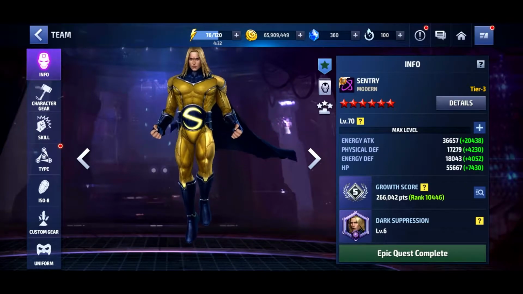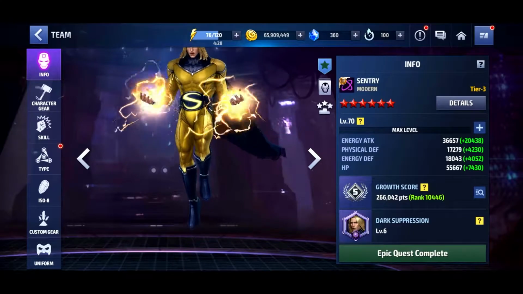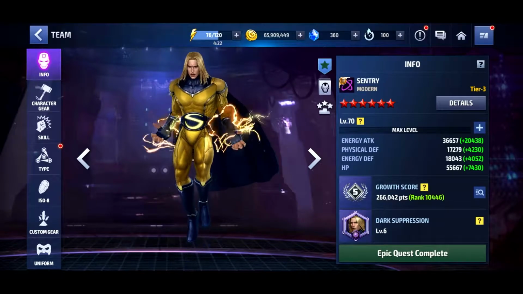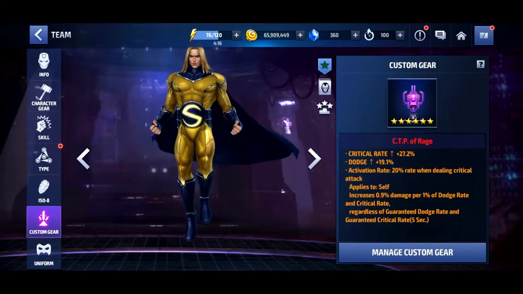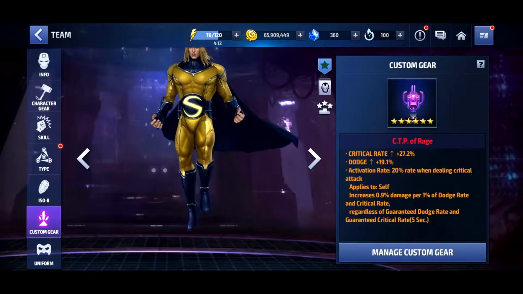Alright, so in this video here, we're going to be taking Sentry in against Knull. I did upgrade him a little bit since you last saw him, because previously you just saw him with a regular obelisk with the damage proc on it. Now I have upgraded him to a CTP of Rage, because I just figured I already invested so many resources in the Sentry here, I might as well go all the way and just give him a CTP of Rage